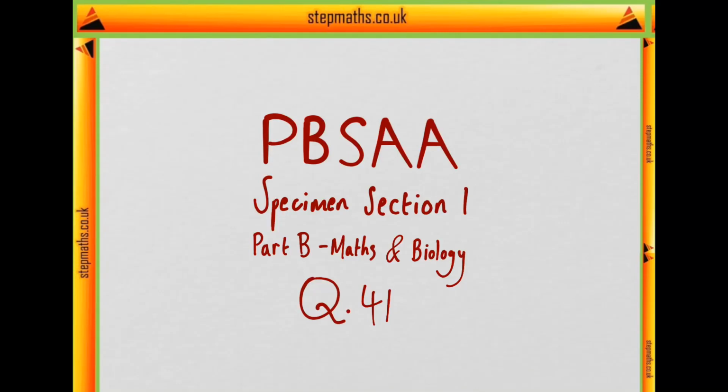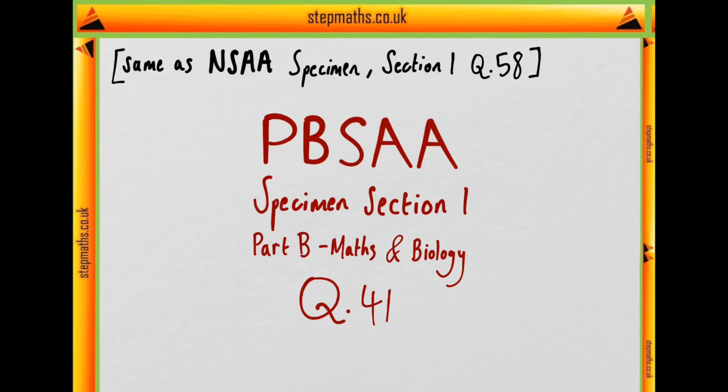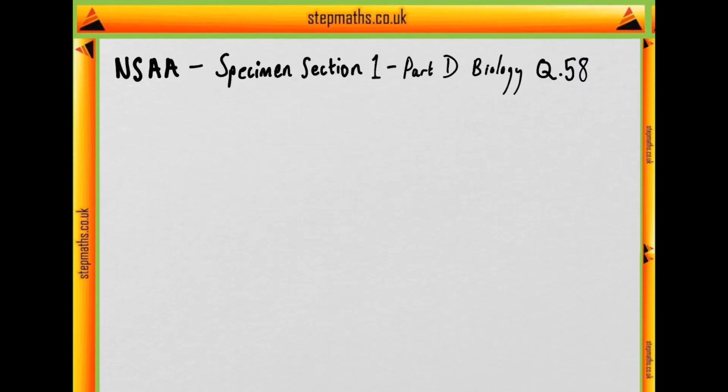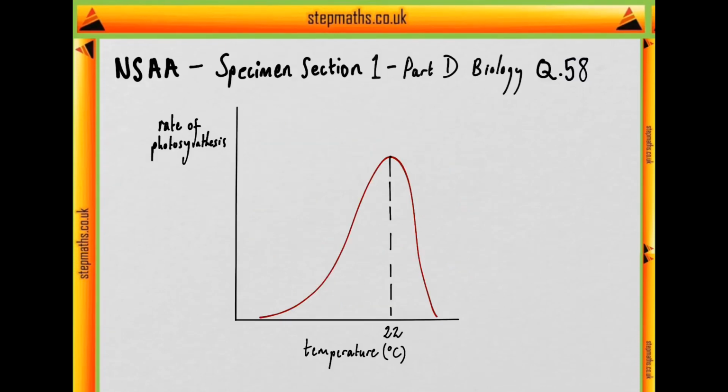This video will cover question 41 of the Specimen Section 1 PBSAA paper. This is the same solution as the equivalent ENSA Specimen Section 1 question 58. In question 58 we're given the following graph and we're told that it represents a student carrying out an experiment